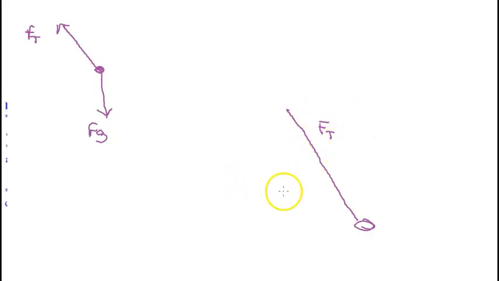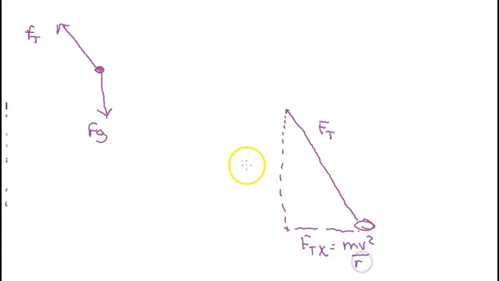But now if I actually want to work with this, I'm going to draw a right triangle and remind myself, okay, so this is the force of tension in the x direction. That's equal to mv squared over r. This is the force of tension in the y direction. That's equal to mass times